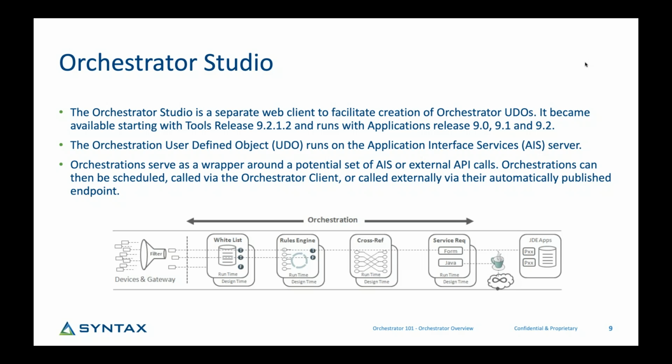within those. You'll see there where it's flagged form or Java, but in most cases, you're doing a form request into those JDE applications on the far right side, how you see that P-X-X where you're doing your interactive applications. And that's what that AIS server does, kind of right there in the middle where that little cloud is, to facilitate those transactions with JDE.